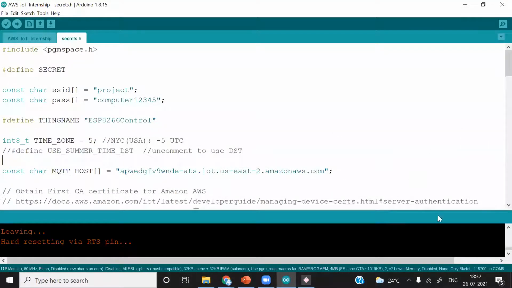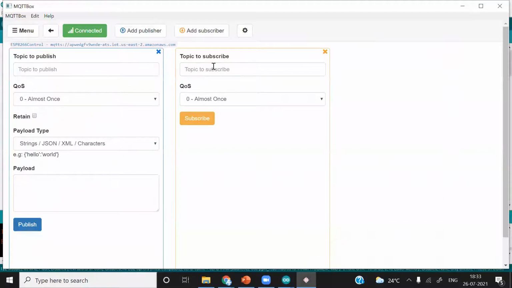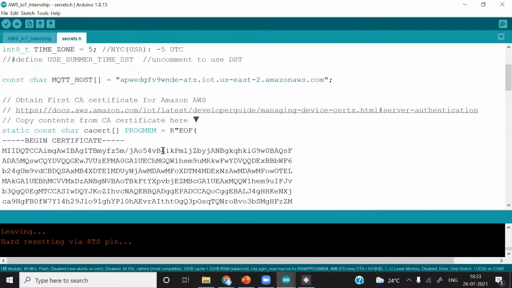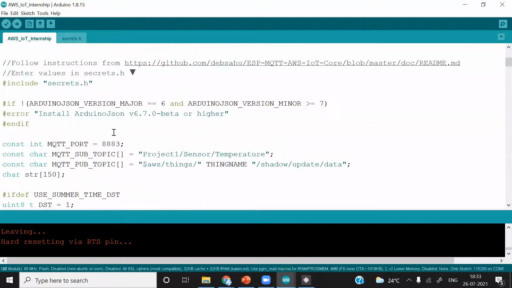After this, what we will do? We will first send data to the other client. The other client is MQTT box. So we must be subscribed to the channel to which we are publishing from ESP8266. So I will go to the code. You can see here to which topic we are publishing.